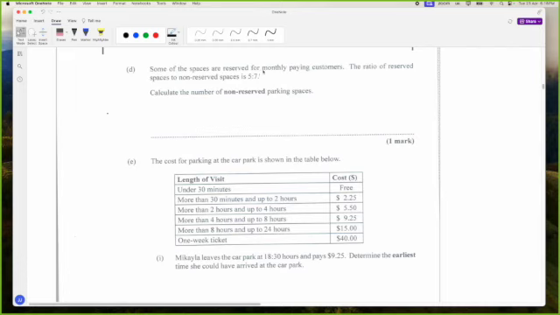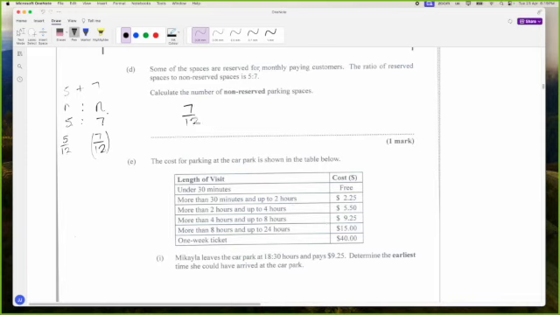Some of these spaces are reserved for monthly paying customers. The ratio of reserved spaces to non-reserved spaces, so we have reserved to non-reserved, R to N, and that is 5 to 7. So that means that 5 and 7 is 12, so 5/12 are reserved and 7/12 is non-reserved. Calculate the number of non-reserved. For anybody who doesn't know how I got the 12, add the 5 and the 7. That gave us the total 12. So 5 out of the 12 would be reserved and 7 out of the 12 would be non-reserved, so they want 7/12 of